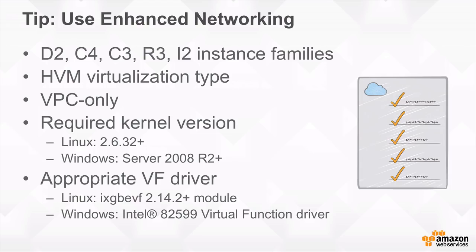There are limitations, as I've said. You need the HVM virtualization type to be the virtualization type for your machine image. You have to be in a VPC, and there are some kernel and driver requirements that you can see on this slide as well. But this is a really good fit for workloads like one of my personal favorites, first-person shooters, where you need to drive really high throughput with low latency and consistent performance. If you run those game engines on a C3 or C4 instance family, a larger size one, and use enhanced networking, you'll get excellent network performance, which is more than adequate for running those near real-time application